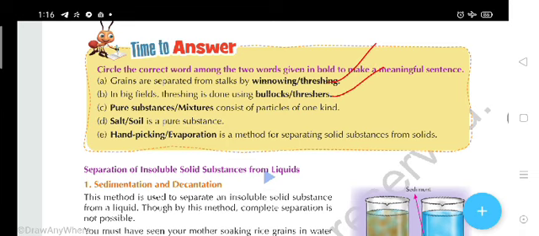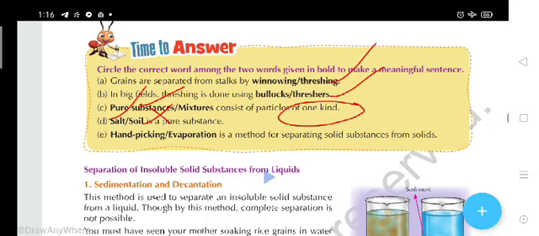Threshers. Pure substance and mixtures consist of particles of one kind. Then one kind of particles will be in which type of mixture? No, there will be no chance in a mixture. Same kind of particles will be in a pure substance. Salt and soil is a pure substance. Then soil or salt? No, soil is wrong. Salt will be the answer for pure substance.